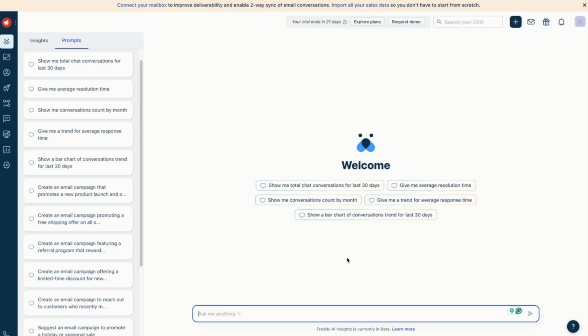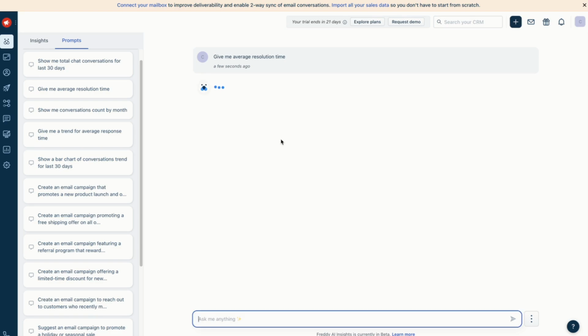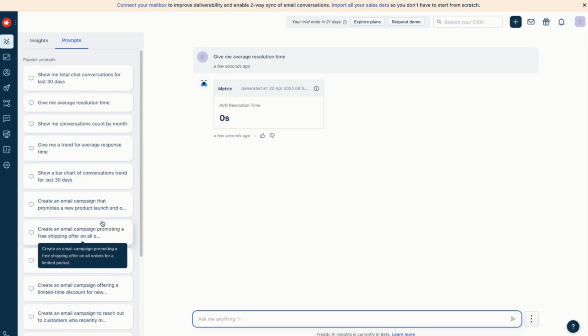Alright, so I'm curious though to see how it responds when I do just click on one of these. Give me average resolution time. Average resolution time 0 seconds, which would make sense, considering if we come back over here to our tabs on the left side here,